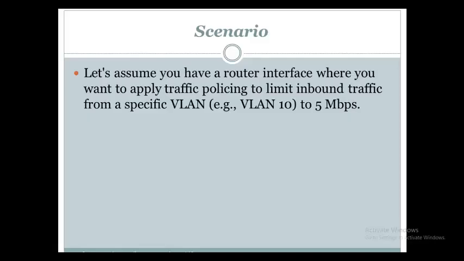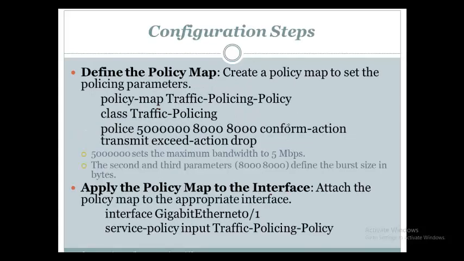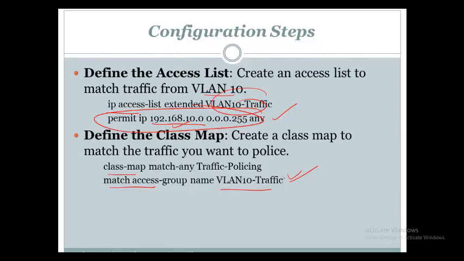Now what to do with that? This is what you need to do. Policy map, give any name, call the class which you created. In the previous page, you created this class called traffic policing. Now you are calling that class map here, and only for that traffic of VLAN, you say 5 meg,